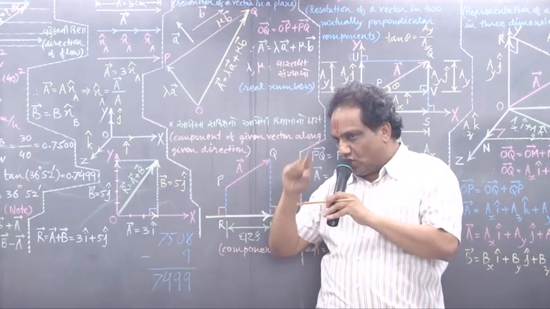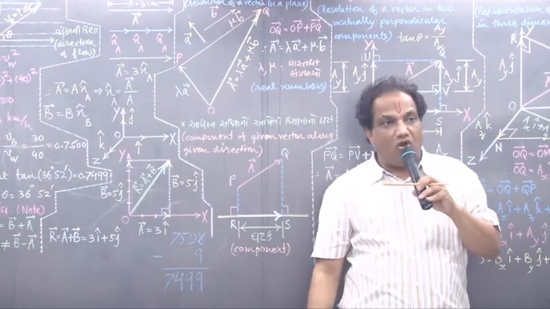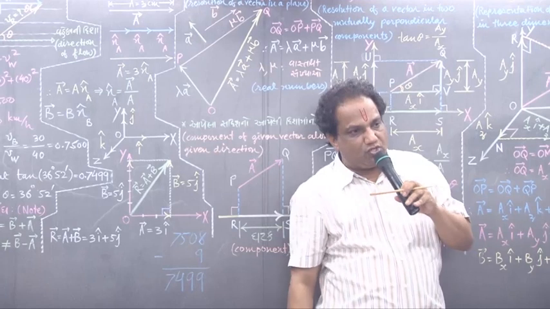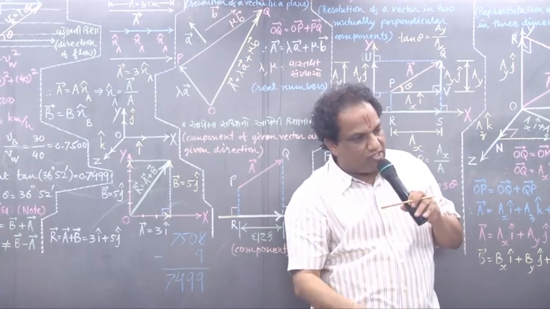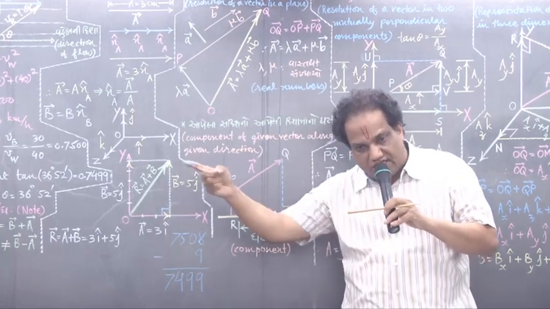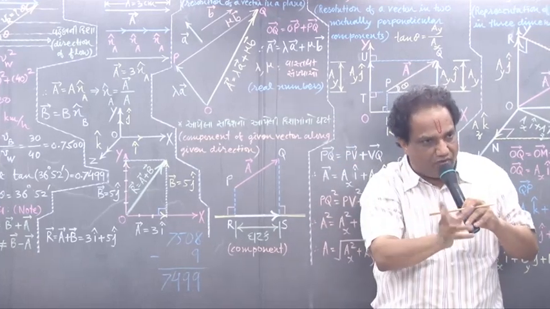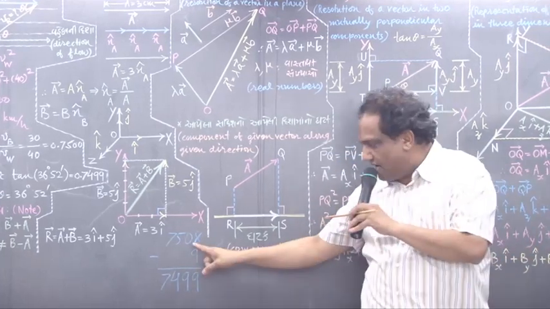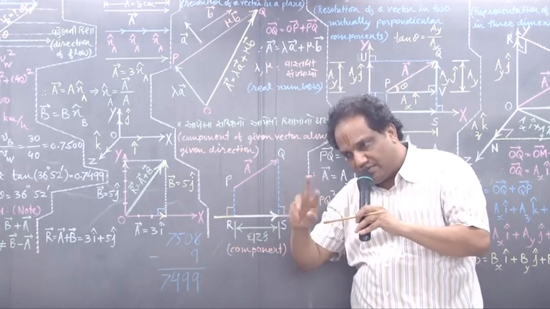That 9 we subtracted from this. So we should subtract 2 minutes from 54 minutes. 54 minus 2, 52. Correct? So the value 0.7499 you have got against 36 degree, below 54 and below 2. That subtraction we are making now: 7508 minus 9. So below 54 minutes and below 2 minutes you are subtracting the values.